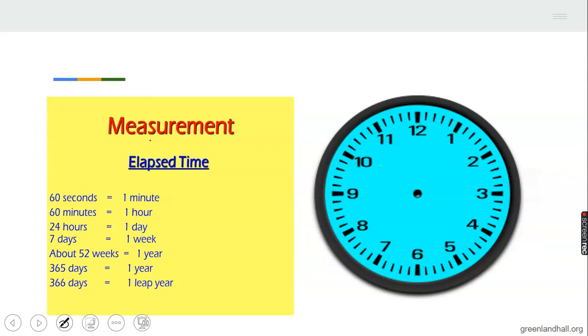Then we also learned the measurement of time in our last lesson. 60 seconds make 1 minute, 60 minutes make 1 hour, 24 hours make 1 day, 7 days make 1 week. 4 weeks make 1 month, 52 weeks make 1 year, 365 days make 1 year, 366 days make 1 leap year. Then we have 12 calendar months or 13 lunar months make 1 year. This is the picture of a clock,